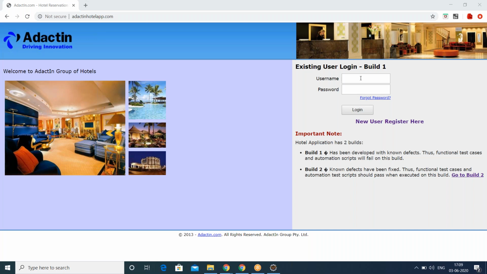First of all, you should practice all the concepts on the Adactin application. After that, you must apply these concepts on your manual project application. We are going to automate our project only, the same project you used for manual testing.